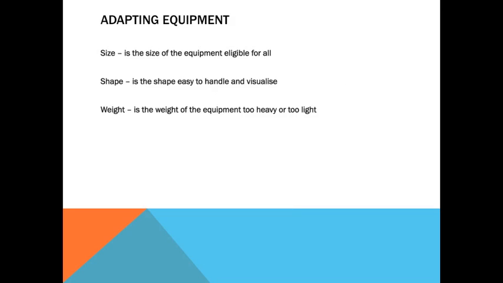Size. Can all members within that lesson be able to work with the size of the equipment in order to make it a fair task for all? It is vital that each member of that lesson can get involved no matter what the size of the equipment. For example, a wheelchair user may struggle to keep up with the pace of the game if the ball is only small and hard to get hold of.